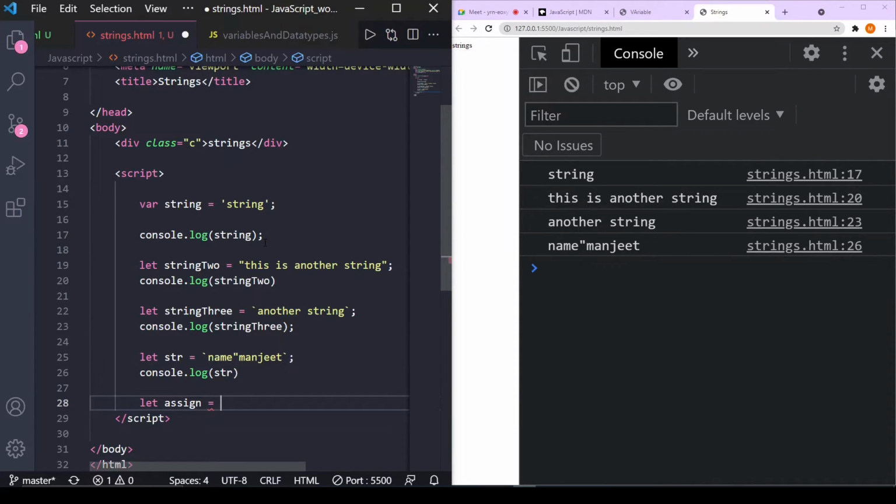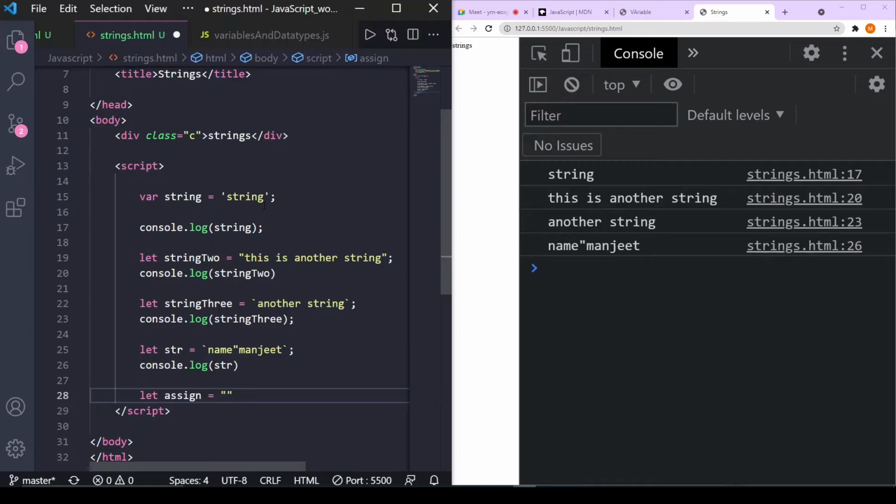Now what I want is, inside my string, I want this string. There are two ways. Either I write out this string, but let's say it is very large, two or three pages, so I am not going to write it all. Basically, I will use the string I have defined earlier. For that I will use backticks, then a dollar sign, and inside the parentheses I will write my string. So a string is used here.